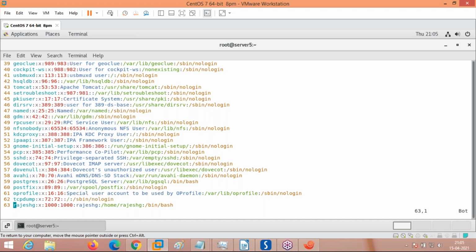If a user ID is 0, then it is a root user or admin. If the user ID is from 1 to 999, these are system or application-oriented users created by the operating system to manage a specific application. Suppose an HTTP server, you get an HTTP user, Apache user. If you are installing the FTP service, you get an FTP user. If you are using DNS, we'll get a username named. So this is how we get to understand.